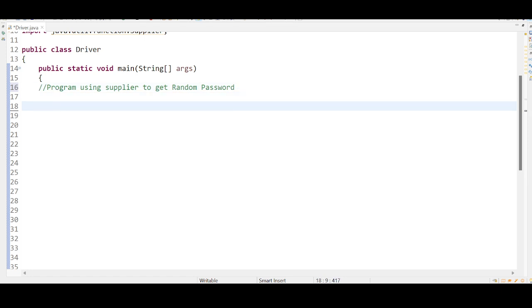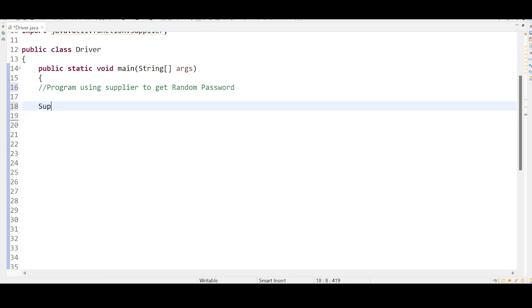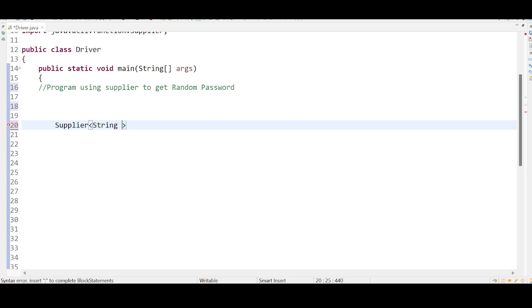How can we generate a random password? Firstly, we need to write a supplier. I am initializing a variable as pwd. In the beginning, the password is empty. It's my duty to write a supplier. My supplier is going to supply the password in the form of a string. The supplier will not accept any input, so the parentheses are empty,